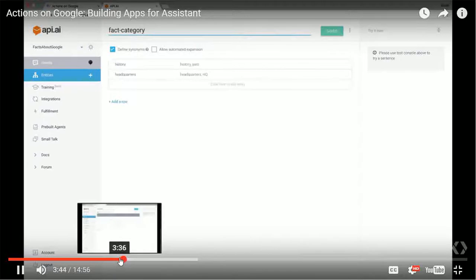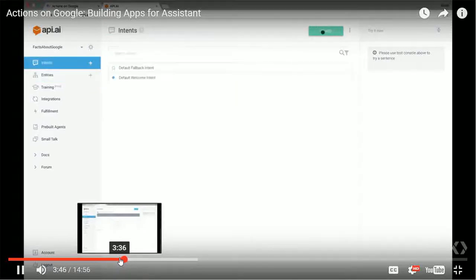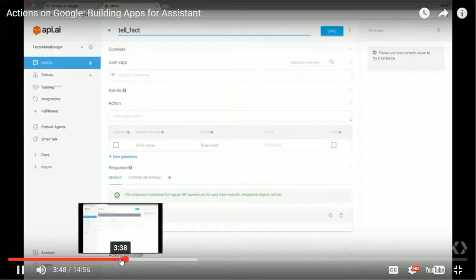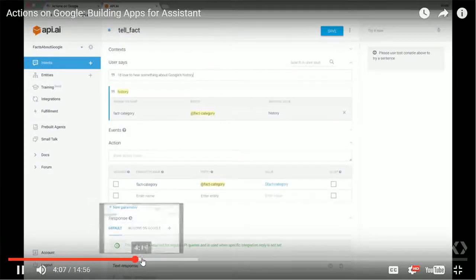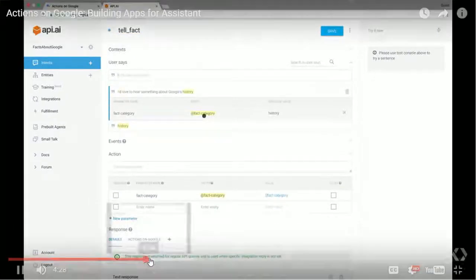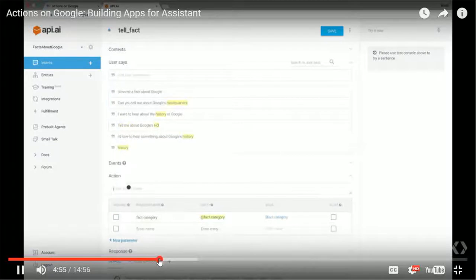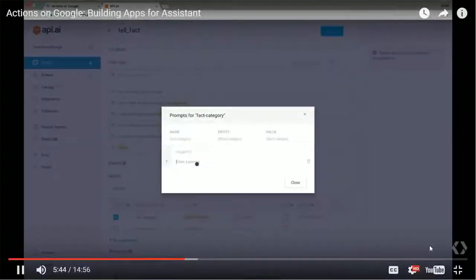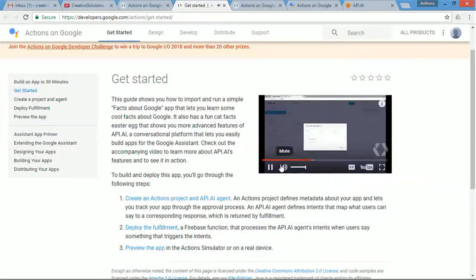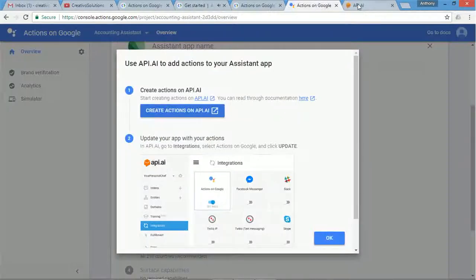Once I'm all done, I'll have something like this. Next, I'll create an intent for the use case that our assistant app will support, telling a fact. Let's create the intent tell_fact. Then, as I'm adding new examples, you can add more variations of such request phrases. Down here, I'll name the action parameter, but you can have prompts for each parameter to add variation. Our prompt will be something like,